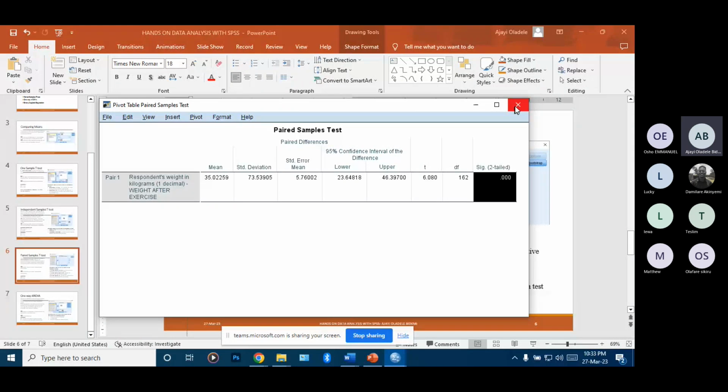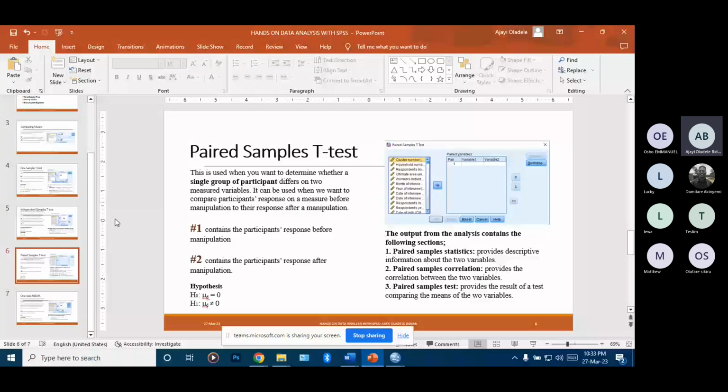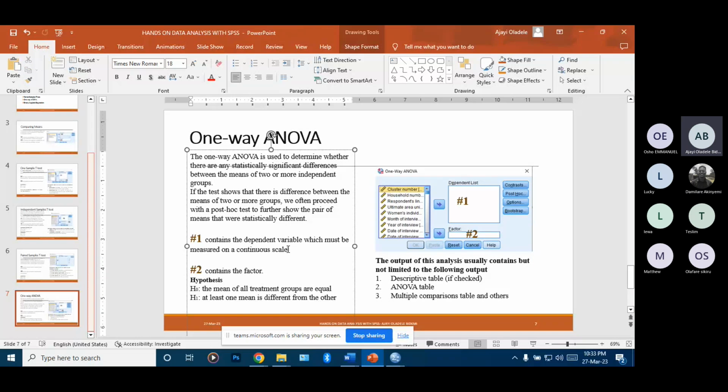Should we have the ANOVA today, or should we move on to? Should we quickly run the ANOVA? Please continue, because the ANOVA is quite okay. Let me quickly go through the ANOVA. We are all statisticians, and ANOVA is not new to us, especially the one-way ANOVA, which is what we are going to be doing today. The only thing that will make it a little bit long is because